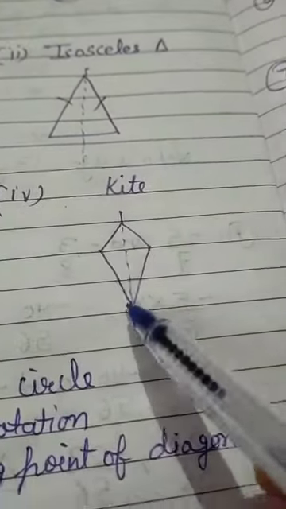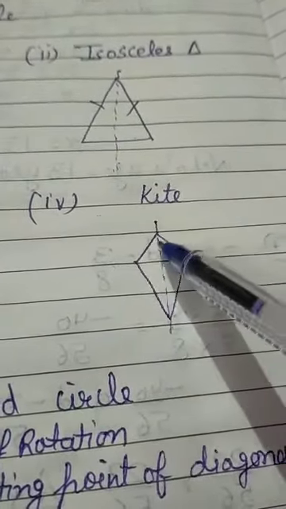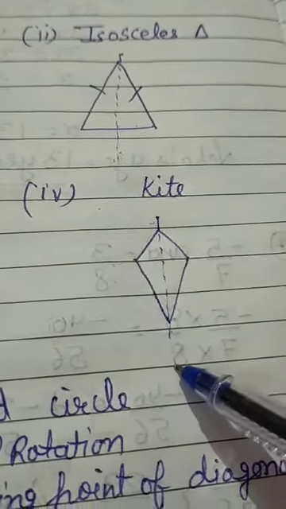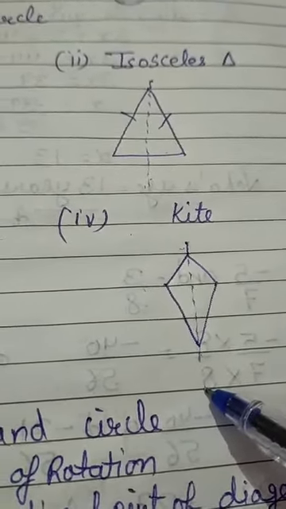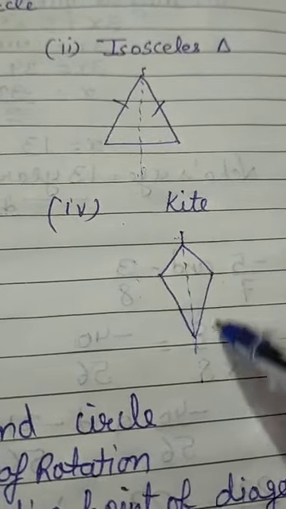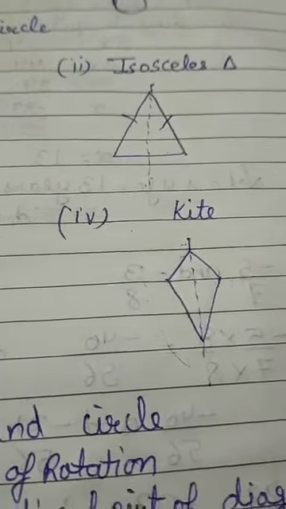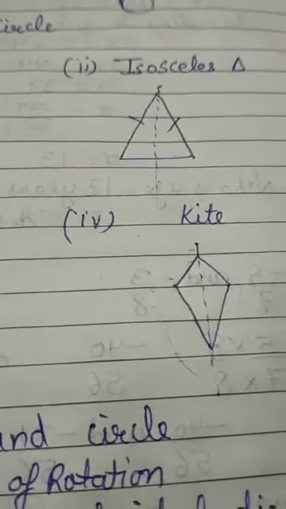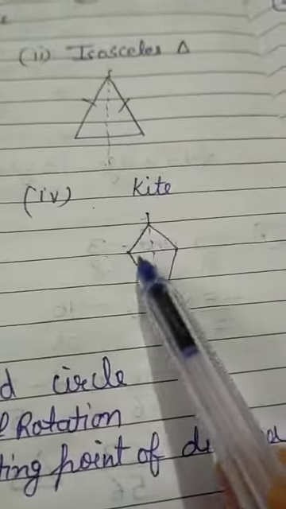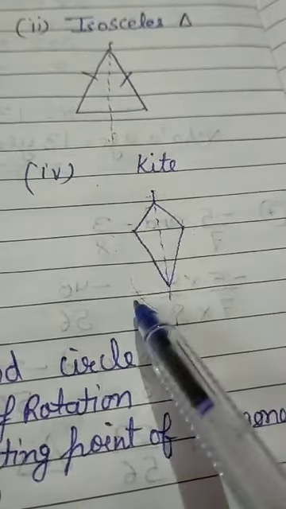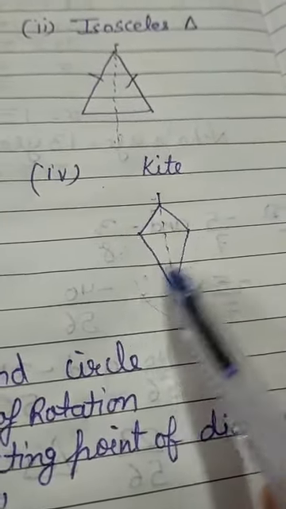So that is the kite. You know that this is the shape of a kite. It has a line of symmetry but it has no rotational symmetry. Look, why? Because this part is larger than this part, right? So when we rotate it, look at this. It is not equal. Look, this upper part should be small. These two sides should be small, top sides, and the bottom side should be big.